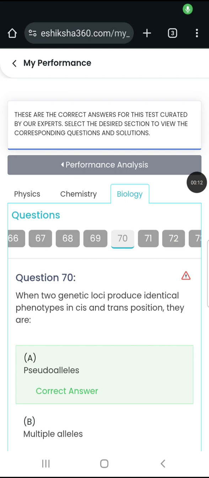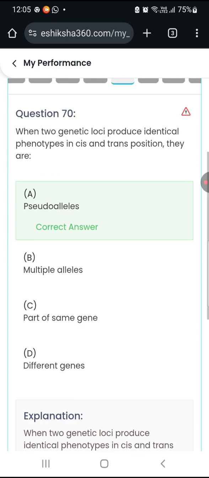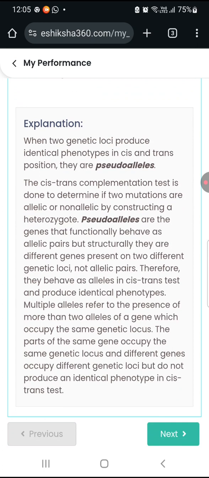When two genetic loci produce identical phenotypes in cis and trans position, they are pseudoalleles. Explanation: when two genetic loci produce identical phenotypes in cis and trans position, they are pseudoalleles. The cis-trans complementation test is done to determine if two mutations are allelic or non-allelic by constructing a